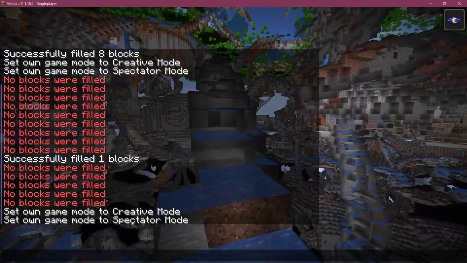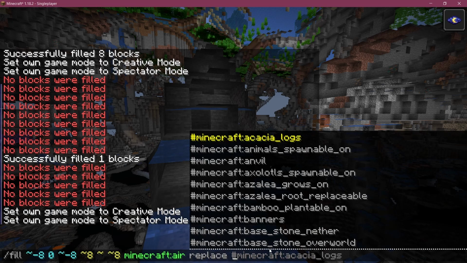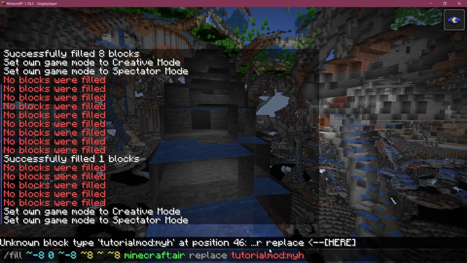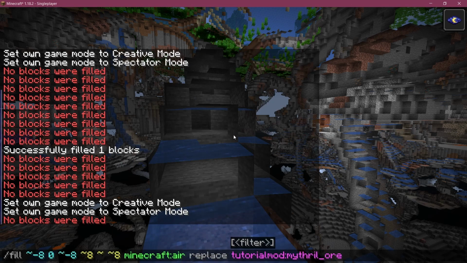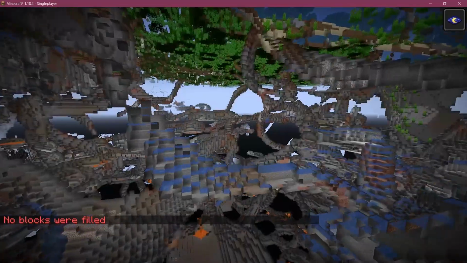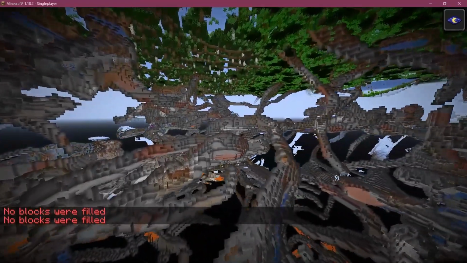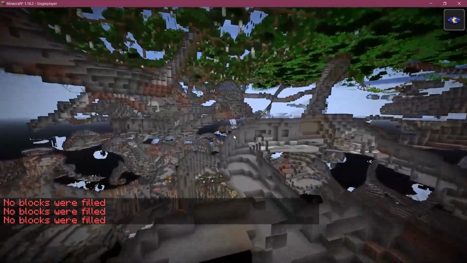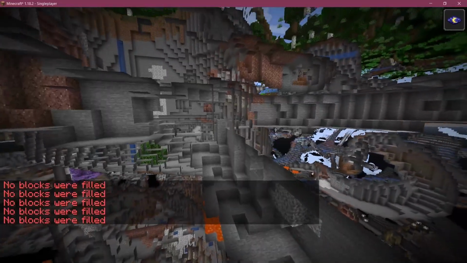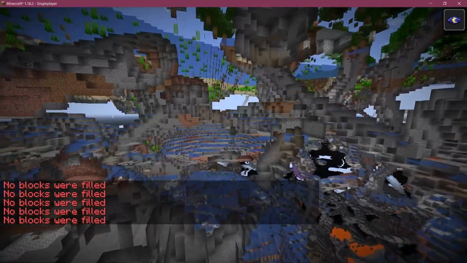So what I have done is I have this fill command where I can replace the tutorial mod mithril ore, this one right here, with air, and you can see no blocks were filled. And so this should do it, all the way down more or less. And you can see no blocks were filled. So this is also a way that you can basically look for it. You don't have to necessarily only replace stone. You can also replace your own custom blocks here. And you can see still no blocks were filled. Like, it's nowhere near as prevalent as in the